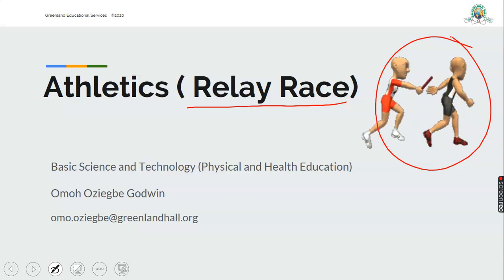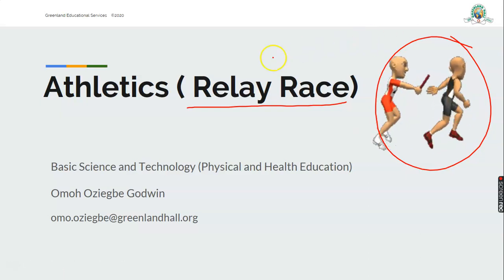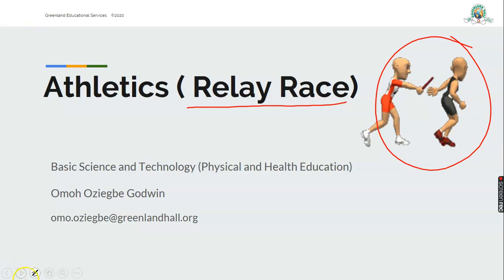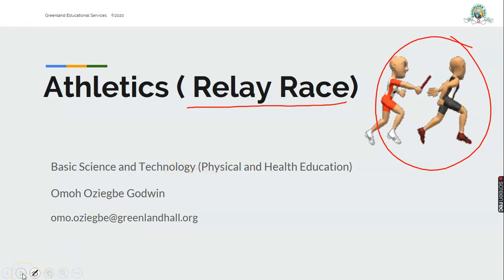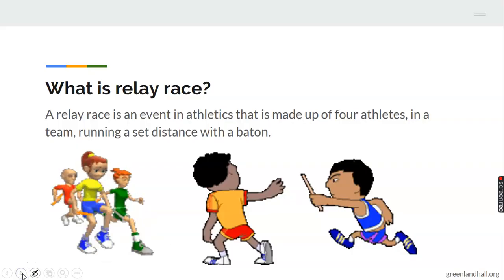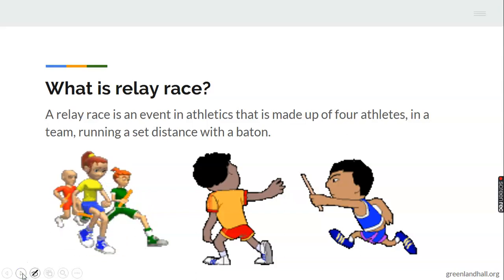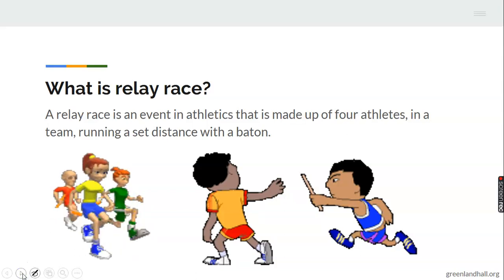So, before we look into it, I would like you to pay close attention to what we say here today. They're very, very important. And I promise it's going to be interesting and fun all the way. Remember, we learn and we have fun. So, let's get to it, people, shall we? Now, first, we're going to define our terms.